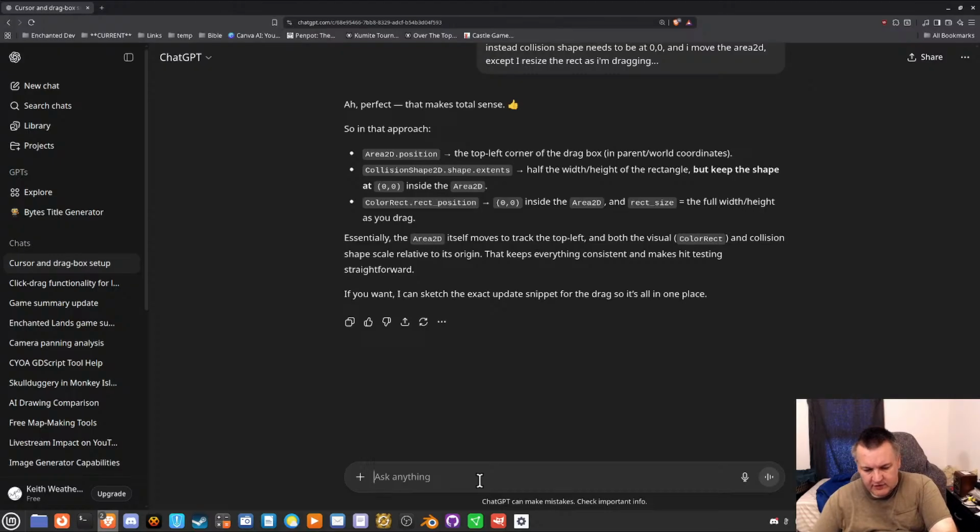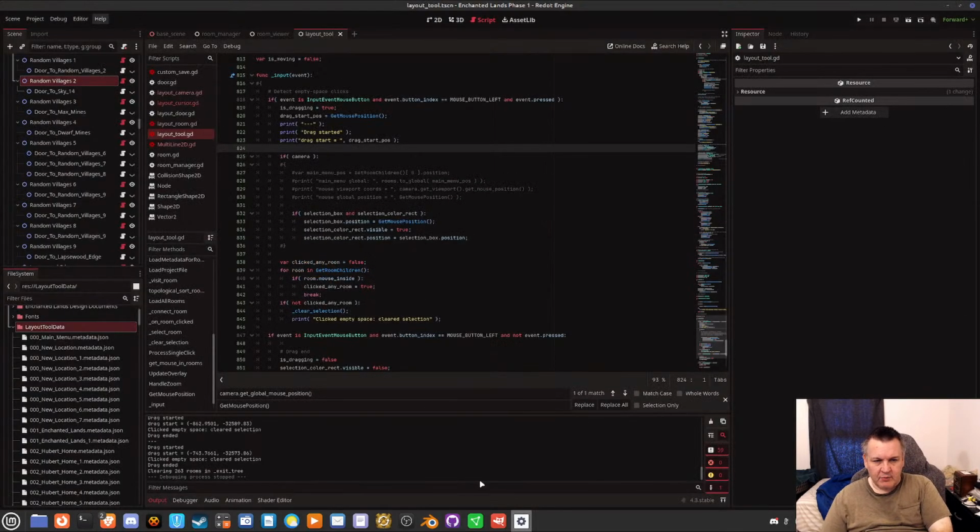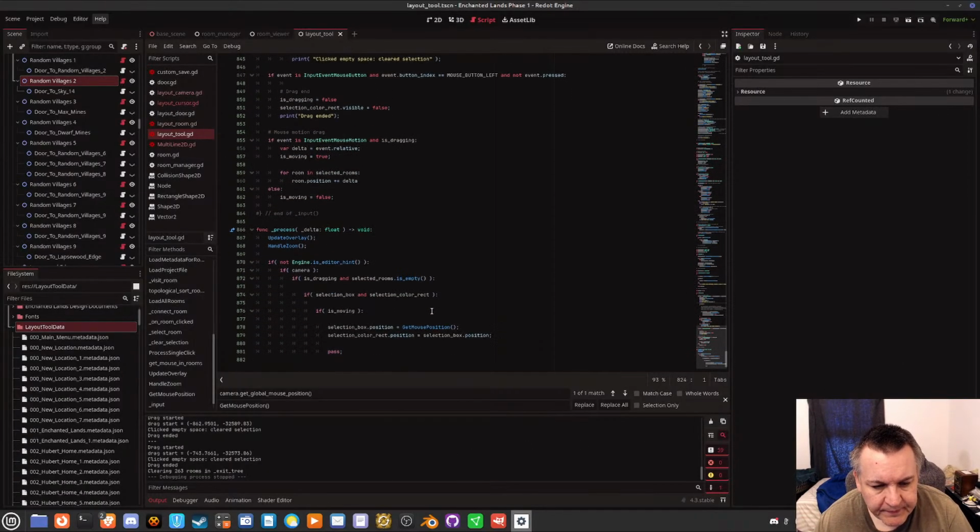No, you don't need to sketch anything. Half the time when you do stuff, it kind of screws up. Okay, so the selection box is there in 2D.